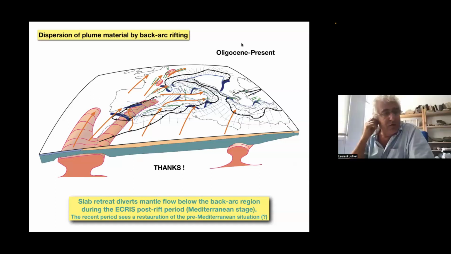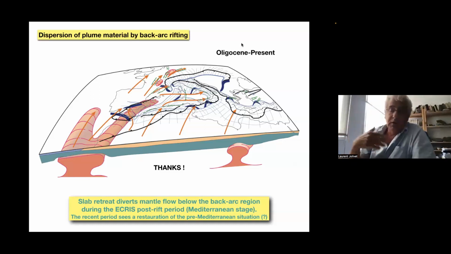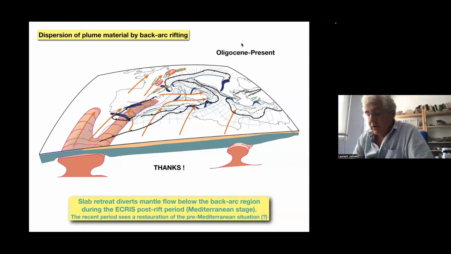For the ECRIS, the West European rift system, we don't really have evidence of high topography because it's a long time ago, but we have evidence for exhumation with low temperature thermal chronology over a wide area in Western Europe, and thus probably high topography that was in the Cretaceous. But it's not entirely clear, not as clear as I would like it to be. So this is a true question.